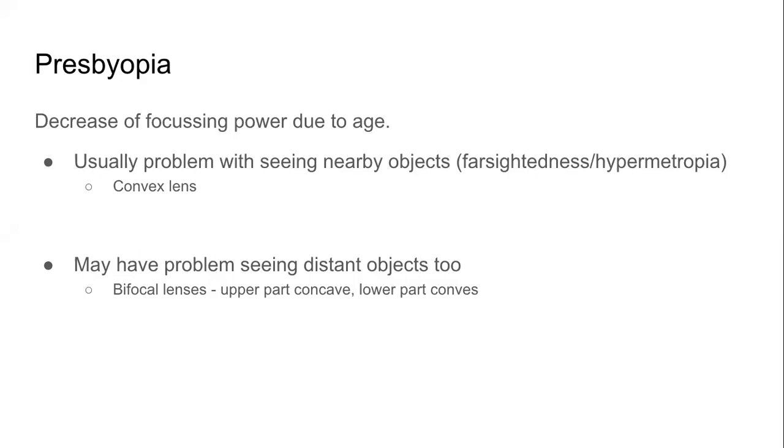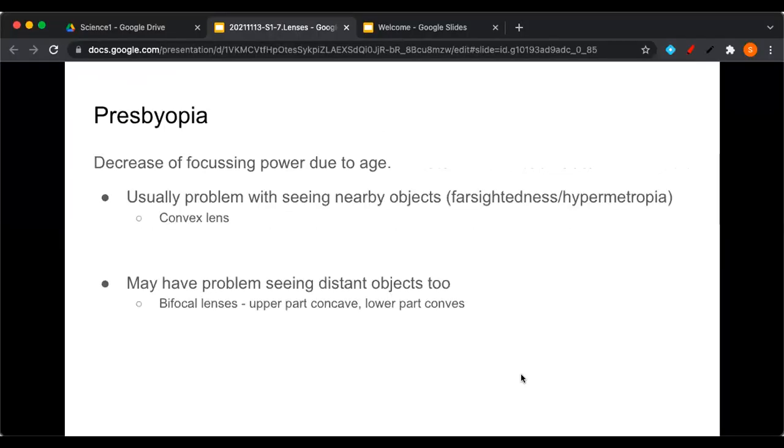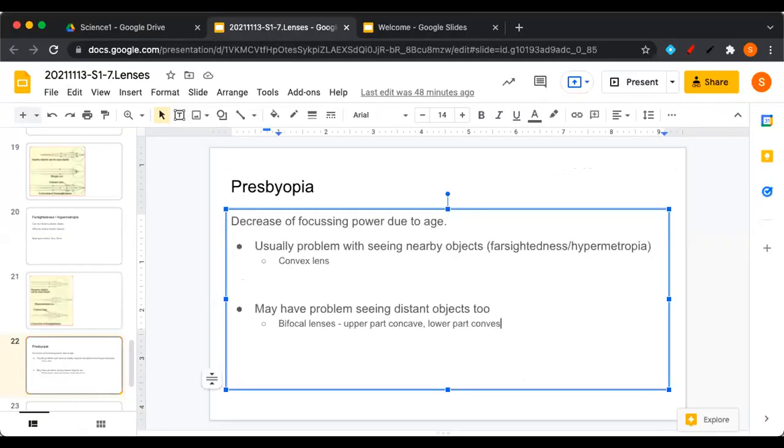क्यों नीचे वाला? पास की चीजें देखते समय जनरली हमारी आंखें, our eyes are pointing down. Maybe you have also seen some glasses which are just half. उनको दूर की चीजें क्लियरली दिख रही हैं, पास की चीजें देखने के लिए नीचे का देखना है बस. So if we are using lenses with both types of focal length, we use bifocal lenses. Upper part concave, lower part convex. Apologies for the spelling mistake.